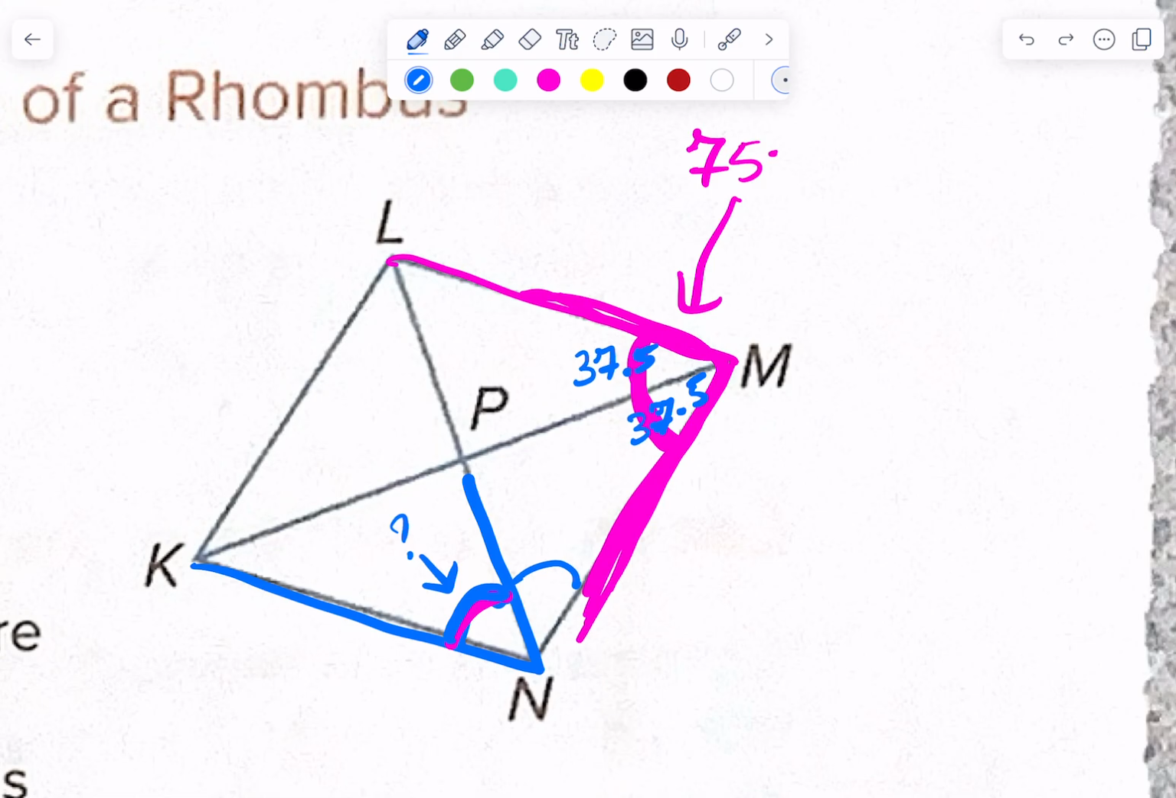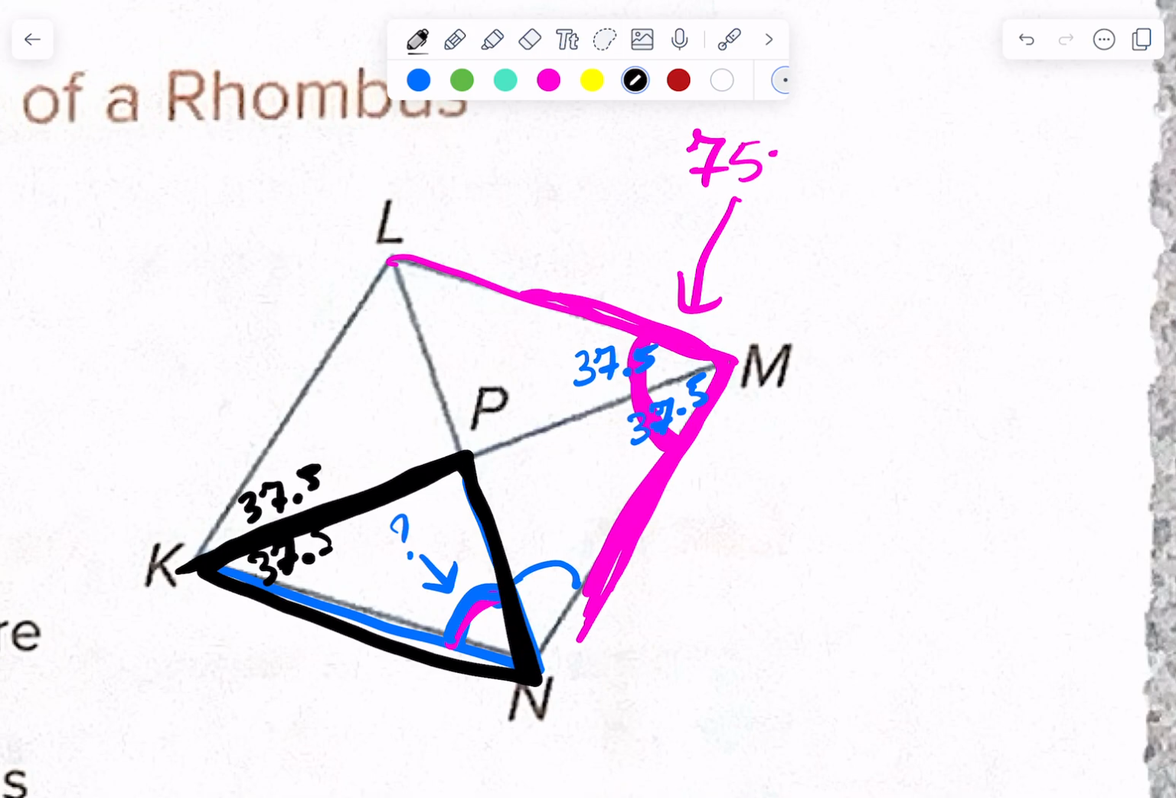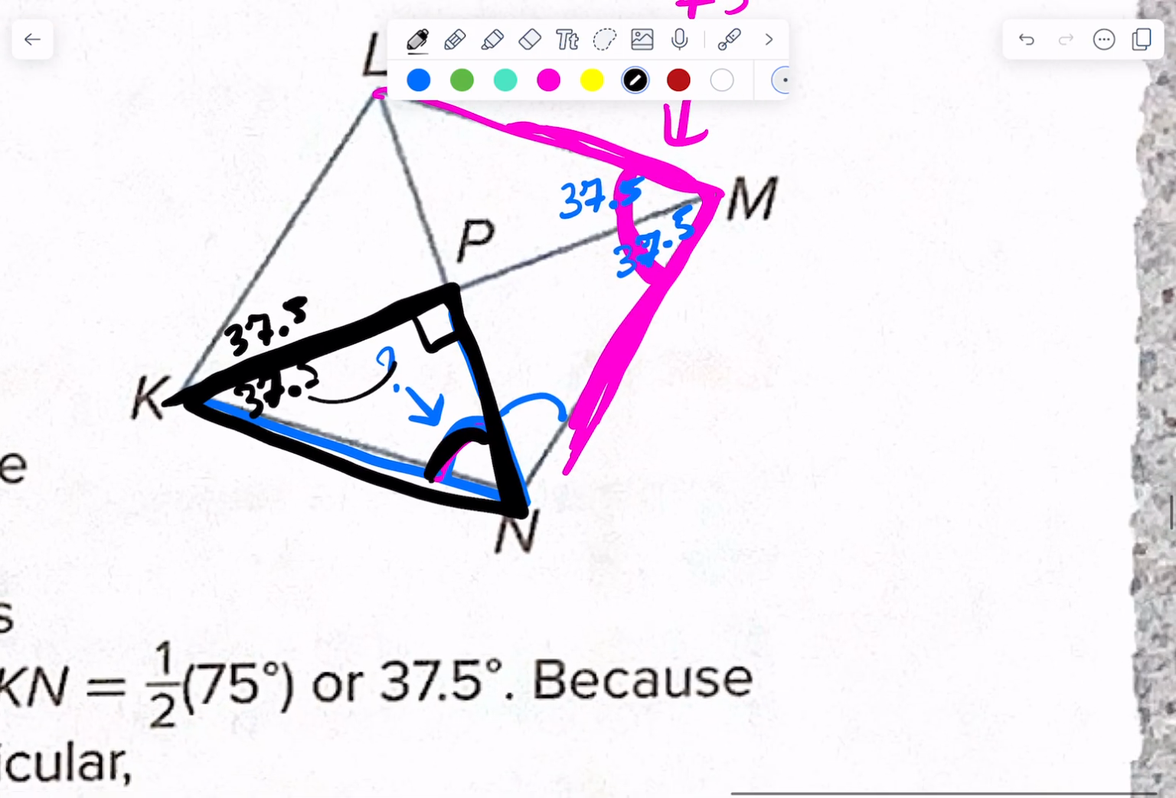We know the angles add up to 180. So he says this is 37.5 and this is 37.5. I'll buy it. Now we need that one plus another one, and then we can subtract from 180. Let's look at this triangle right here. We're trying to find this angle. Do we know what the middle one is? Isn't it 90 degrees? Yeah. 90 plus 37.5 is